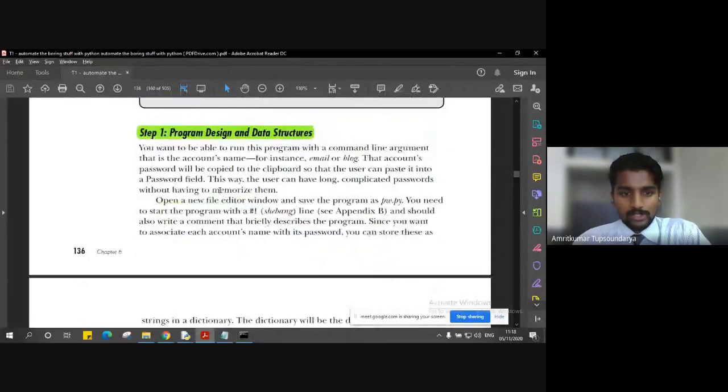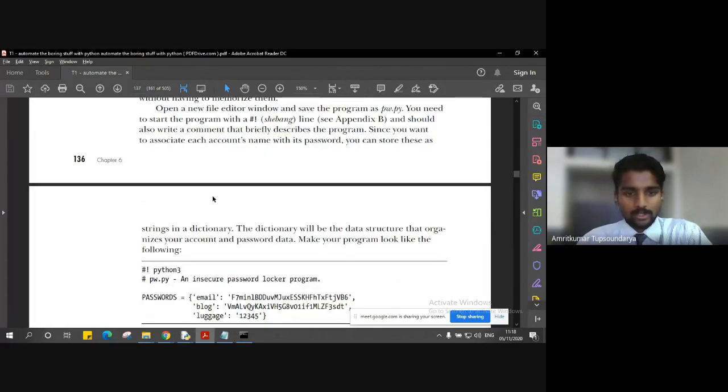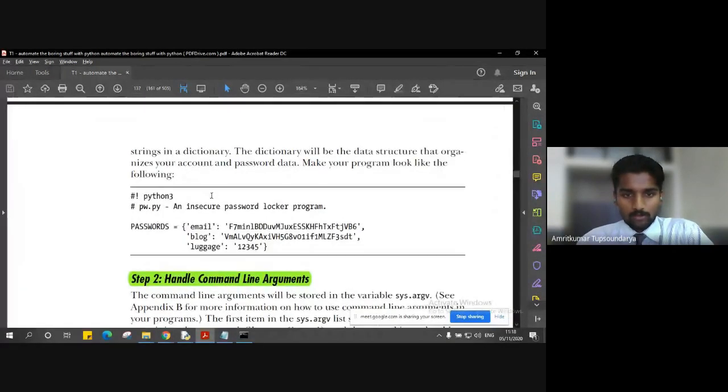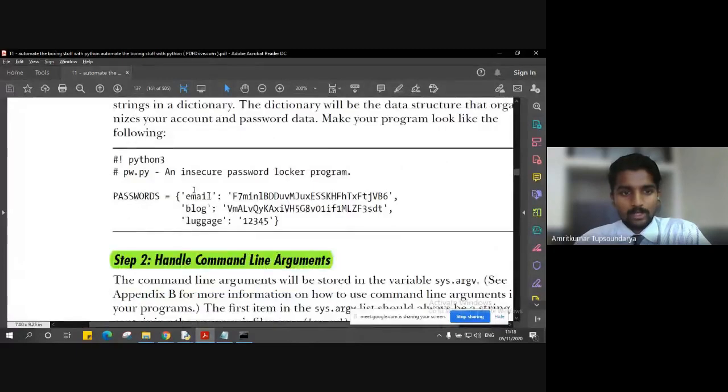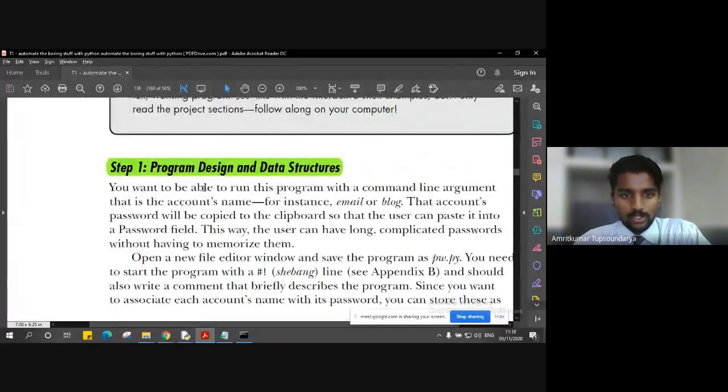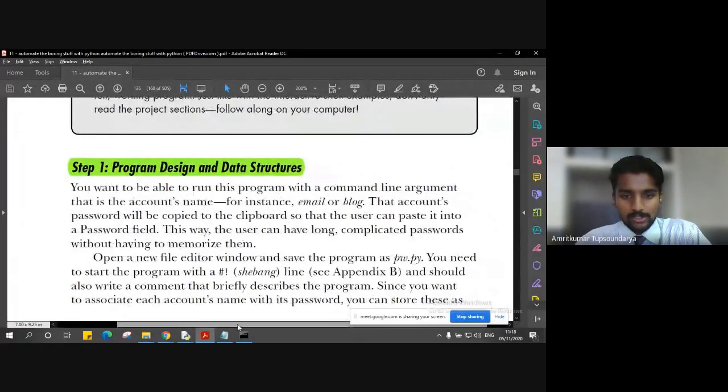Now, with this, let's understand how we can design this program and what different data structures would be required. So let me make the font a little bigger. The first step in designing the program is to open a new file, in any editor.